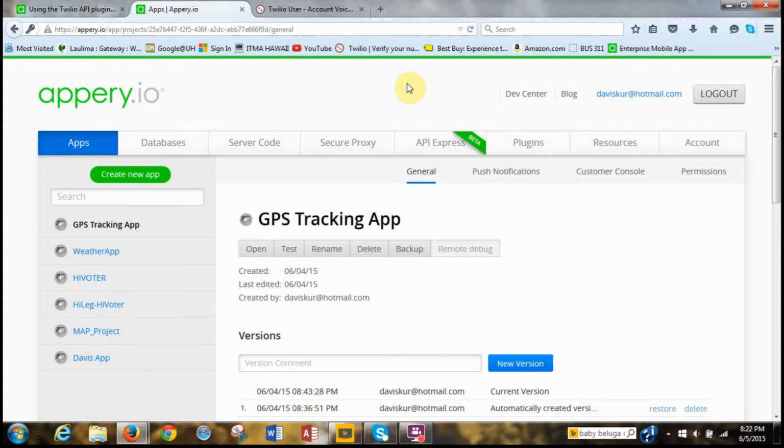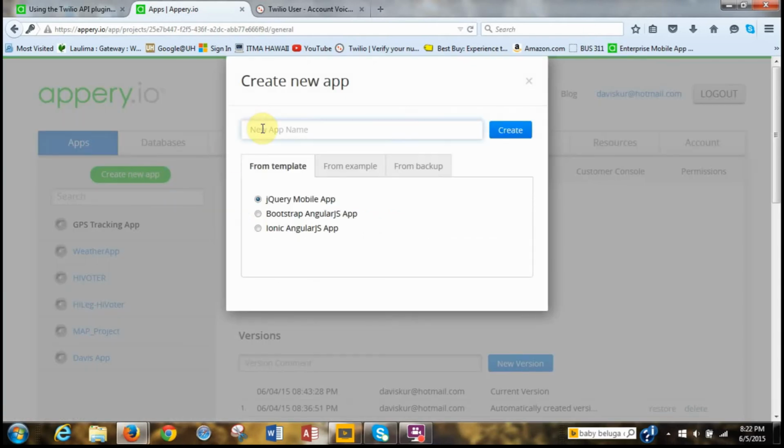So click create new app, and for the app name, enter Twilio app and click create. Now, if you already are working on your assignments page, you don't create a new app, you just go to your existing one,